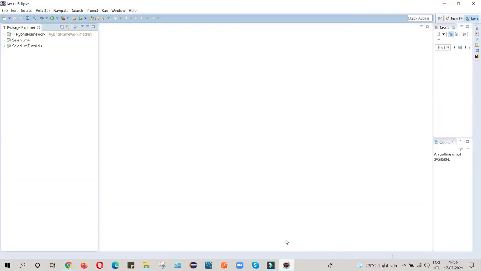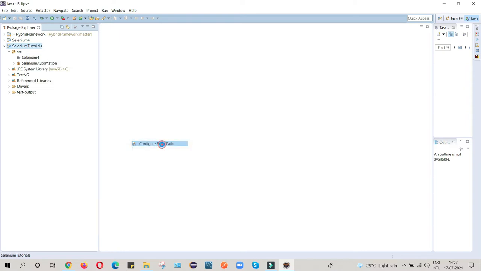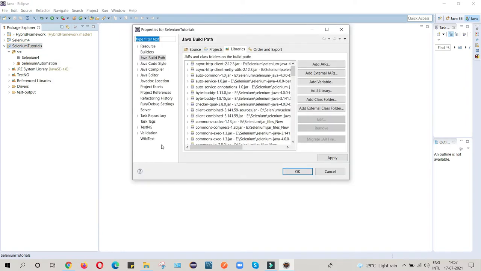Friends, as you can see, I have already created one project, Selenium tutorials, and inside that I have created one package, Selenium 4. My first step is to import all the new Selenium 4 jars. For this, I will go to Build Path, Configure Build Path, and import all my jar files. I already imported them here, but I will show you how.